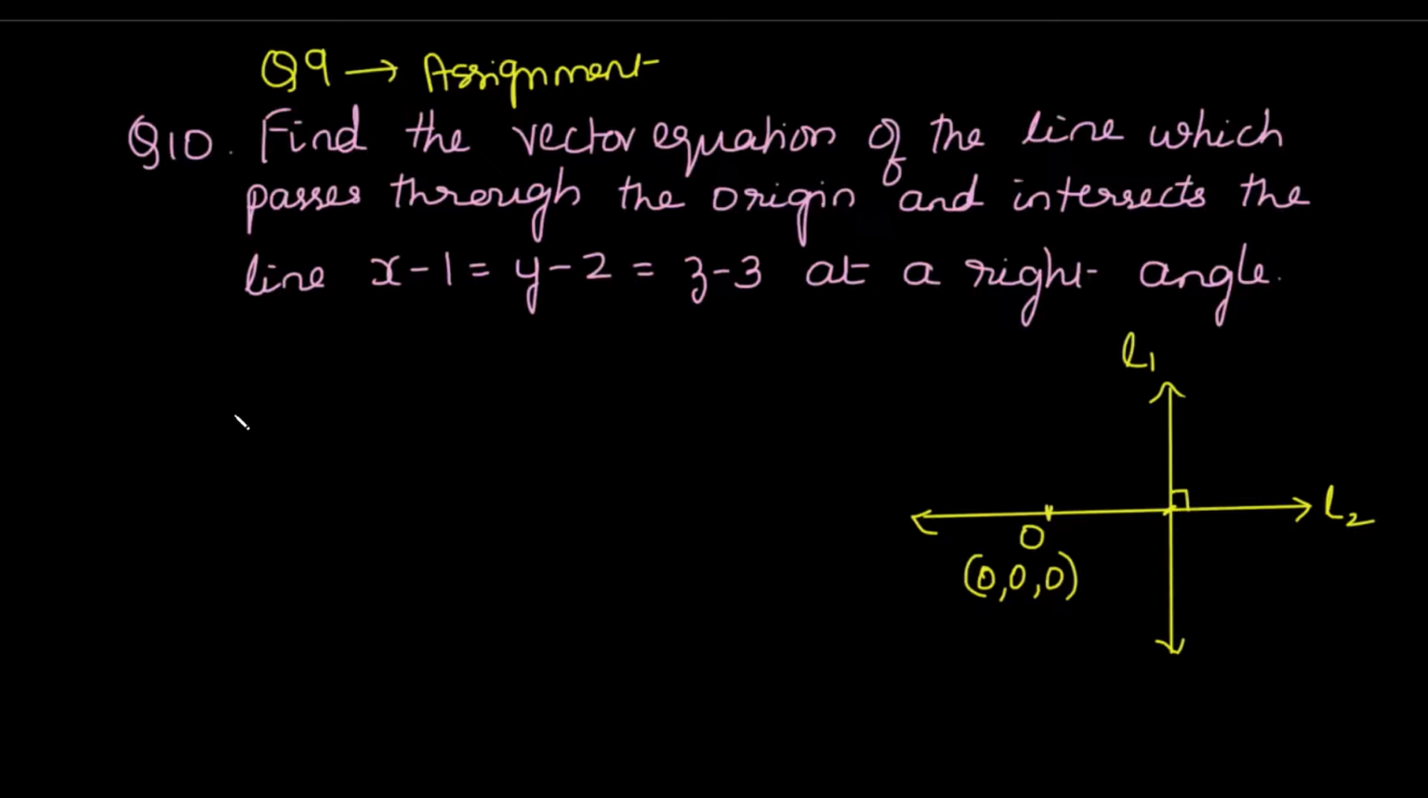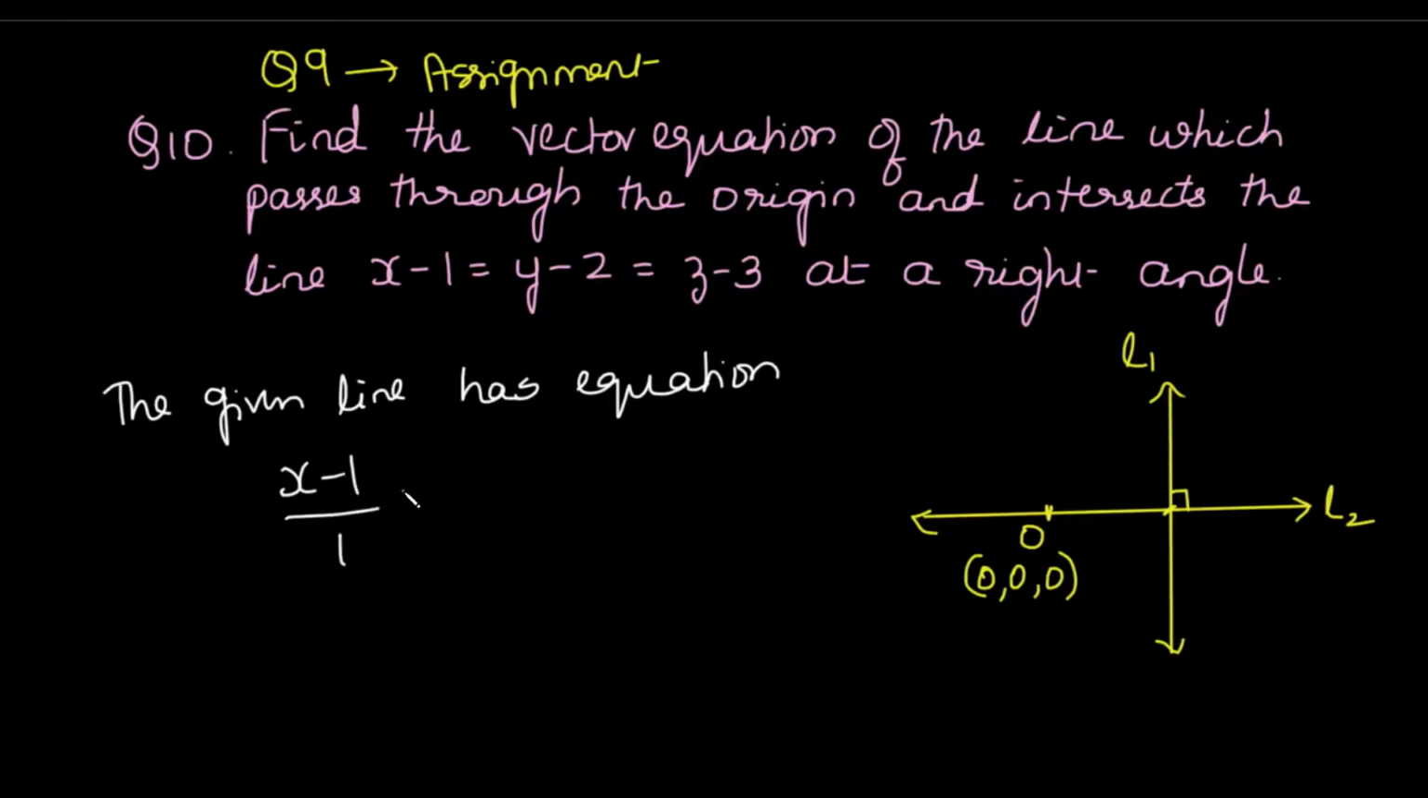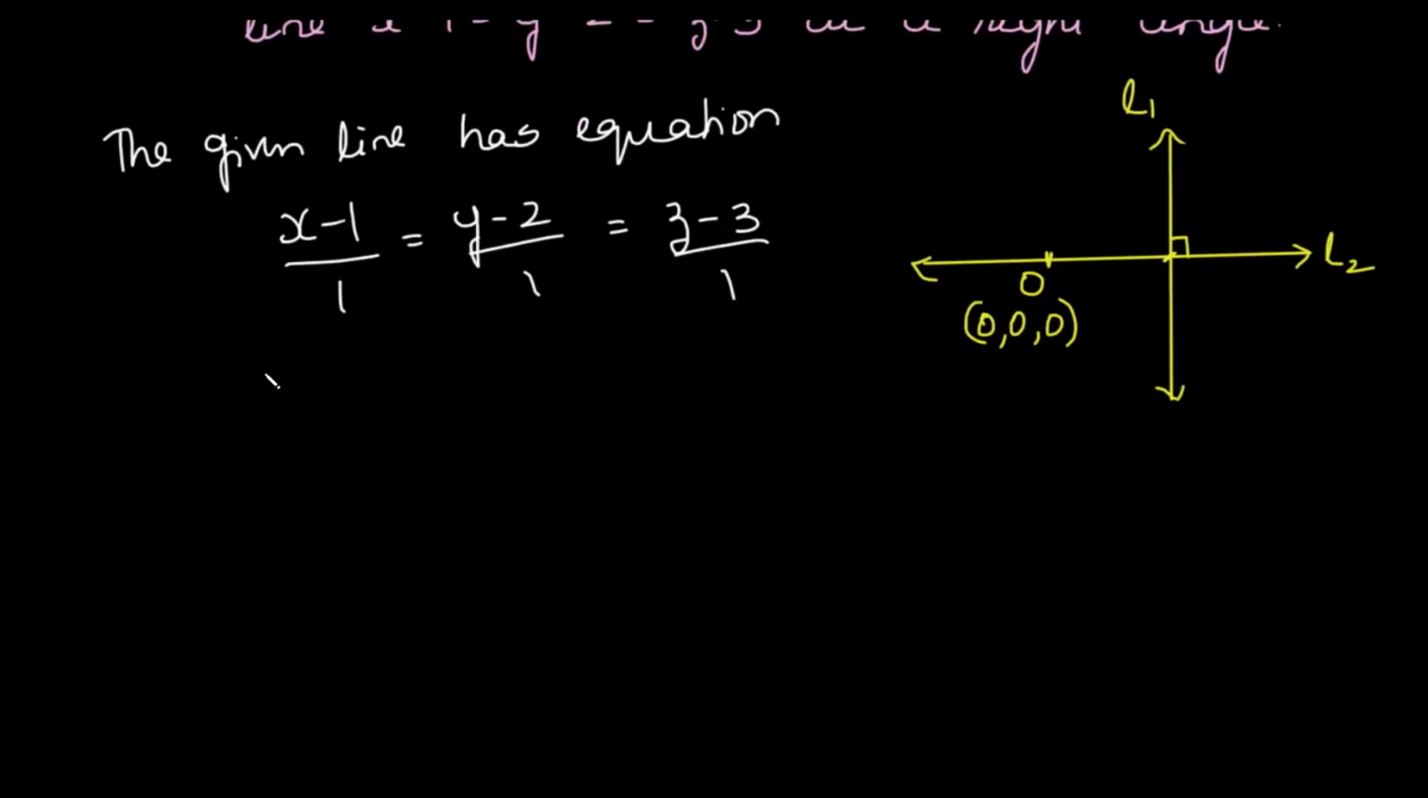Now in this case, the given line has equation, we can write that it has equation x minus 1 upon 1, the denominator is 1, it is one and the same thing, is equal to y minus 2 upon 1 is equal to z minus 3 upon 1. When we write it this way, it becomes a little bit more familiar to us, isn't it? Now, we write this equation as equal to lambda, and therefore, from the theory that we learned earlier, we know that any point on this line